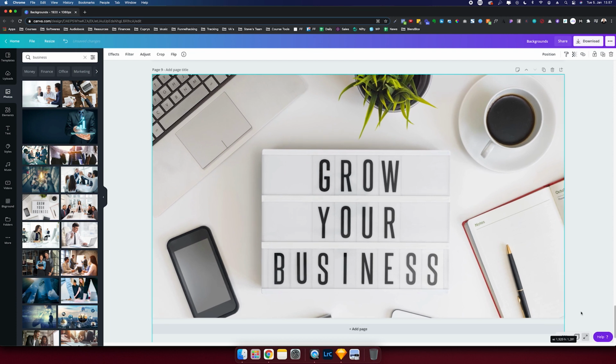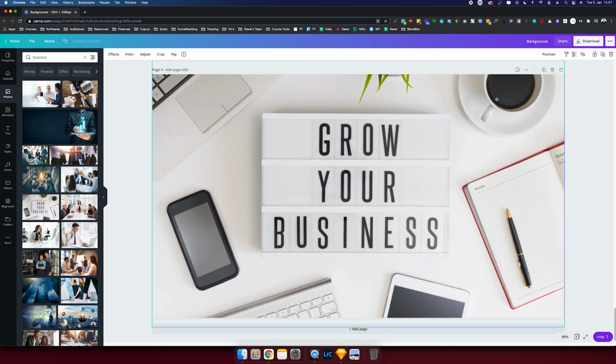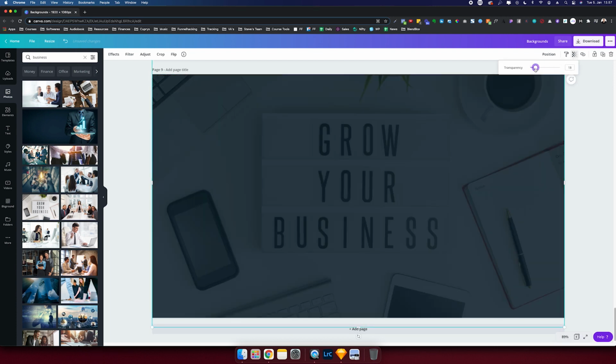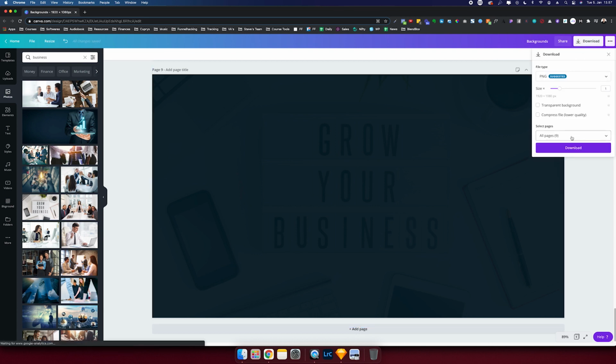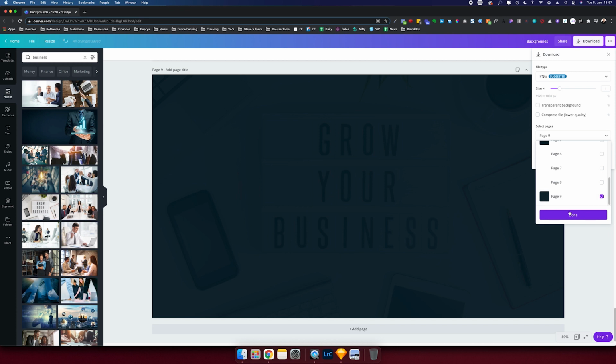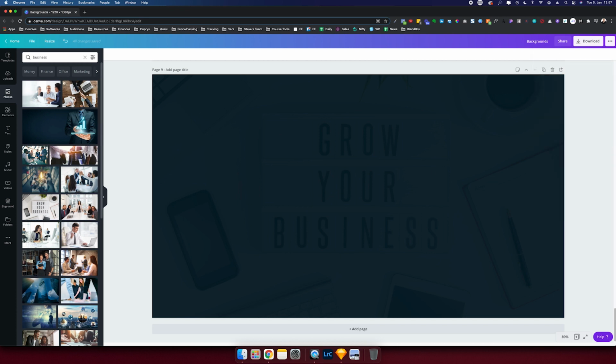But you know, obviously it would be hard to read text on this image, so we're gonna center it, lower transparency to maybe 5. I usually try with 5, 7, then hit download. Just choose that page if you have multiple, and then